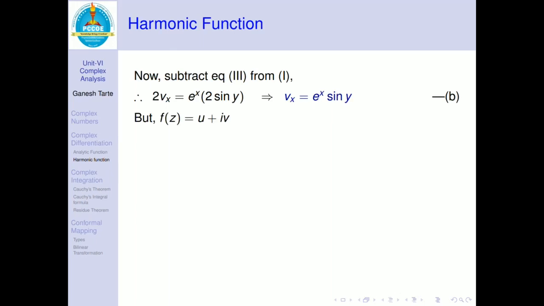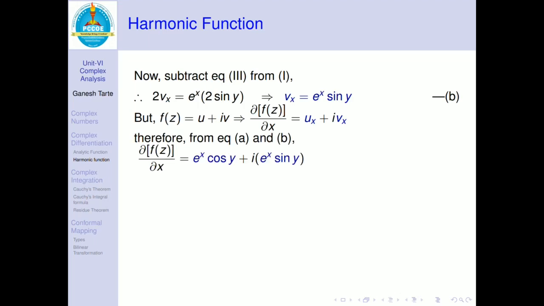So we know that f of z is equal to u plus iv. If you differentiate it partially with respect to x, since u and v are functions of x and y, we can differentiate it. So partial derivative of f of z with respect to x is ux plus i times vx, and ux and vx are known. So substitute that value here from a and b. So partial derivative of f of z with respect to x is equal to e raised to x cos y plus i times e raised to x sin y. So applying Milne-Thomson method again, replace x by z and y by 0, we get